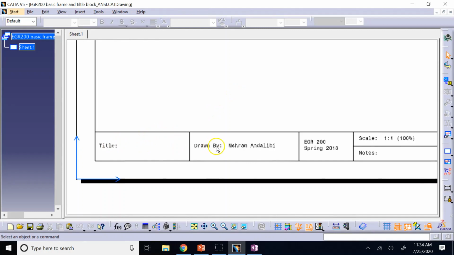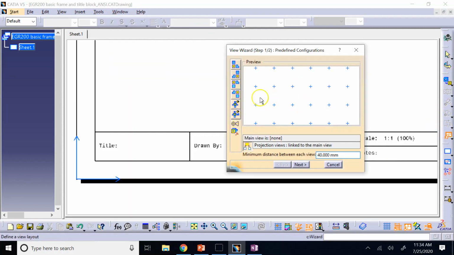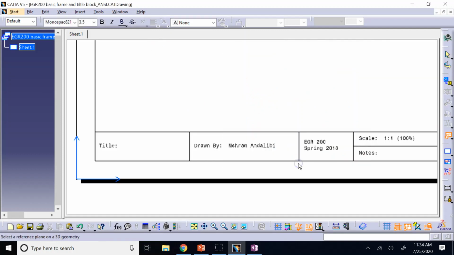Title, drawn by who? The topic of the course, and then a scale and notes. Or if you want, you can get rid of this and add what? Material and mass. Correct? So here, I can do my stuff on this one. And as I said, this is way more efficient than,